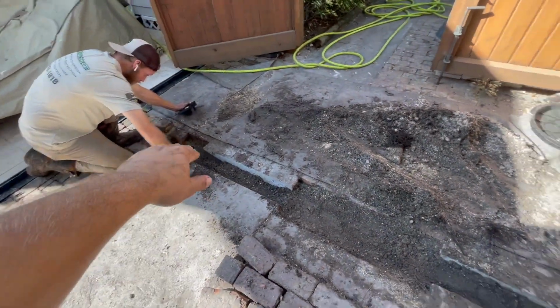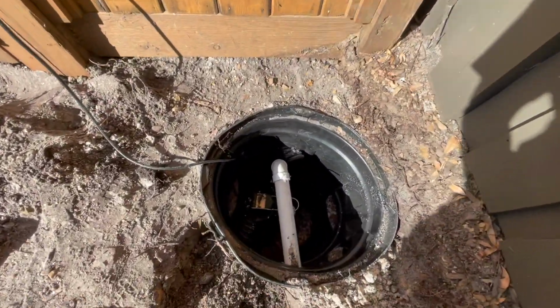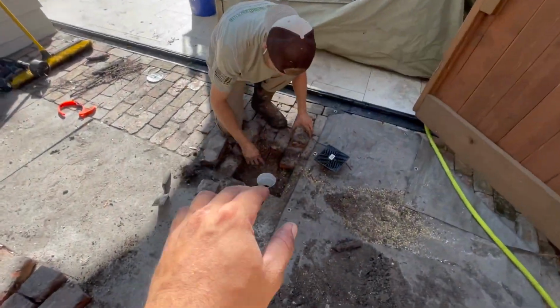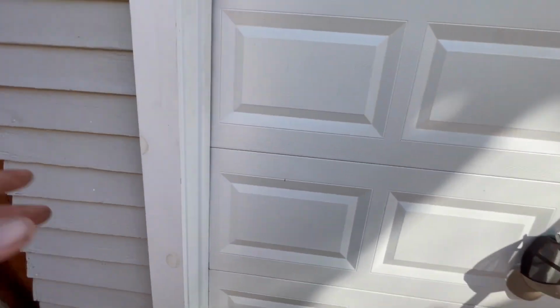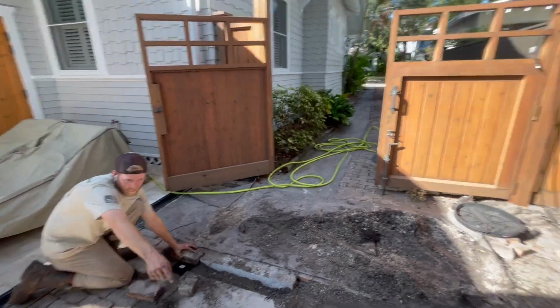So we already got this pipe in here, connected into our sump basin, and Joe's backfilled. He's cleaning up around to put these bricks back. I'm digging out our line to run an extension cord to the power that's in the garage. Not permanent, they're actually gonna have power ran out here, but this is just for now, so we can test it, and if we get any rain,